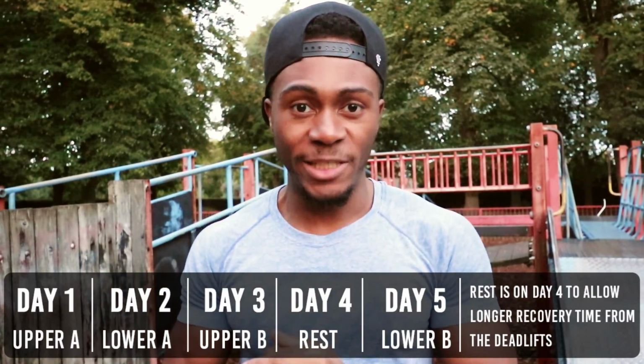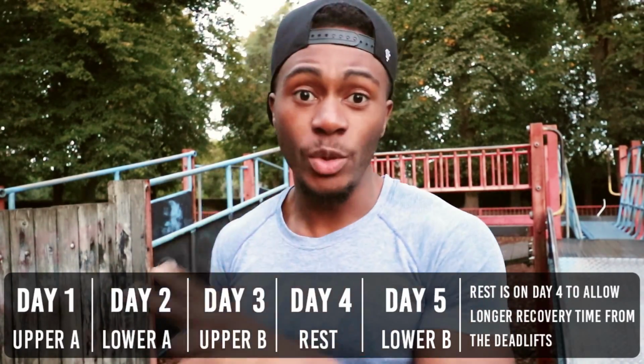Alright guys, so now what we're going to do is in more detail talk about the bodybuilding split. It's an upper body, lower body split. There's 2 upper body days and 2 lower body days, and the reason for that is because when you do just 1 upper body day and 1 lower body day, it doesn't give enough time for your muscle to recover,